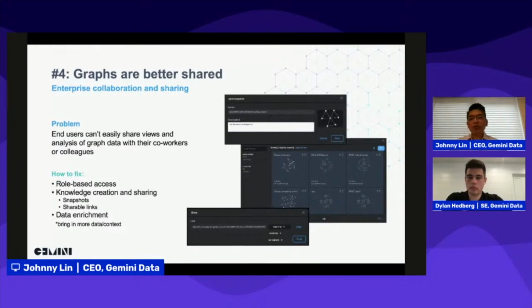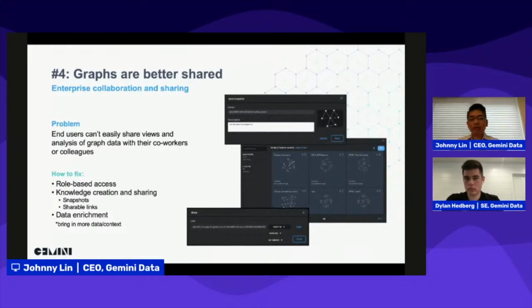So when looking into this type of solution or application, whether you're building this by yourself or you're introducing a third party solution, you want to look at how good it is in supporting role-based access, and whether or not it allows you to create knowledge and share that knowledge. You can take a snapshot of what you have created and share that with other people, and allow them to look at what you have come up with, with a shareable link, like your Google shareable links, right? We all have that kind of experience, and this is how people are used to using tools today.